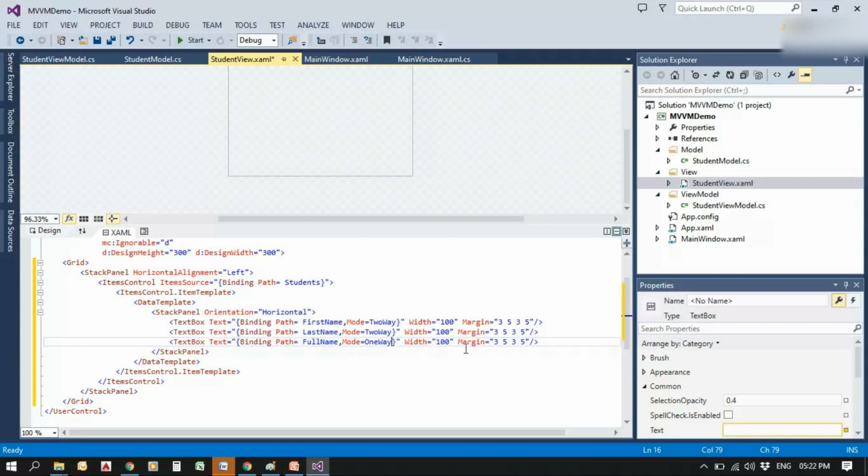Full name needs only one-way communication, so the mode of communication is one-way, and the other is two-way.